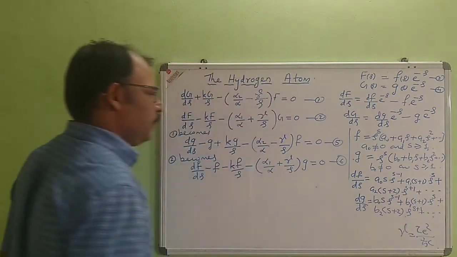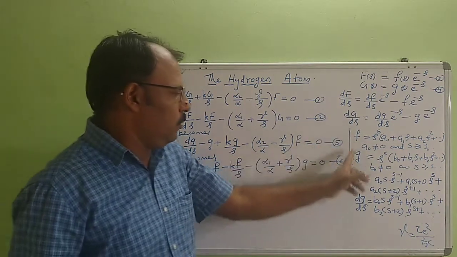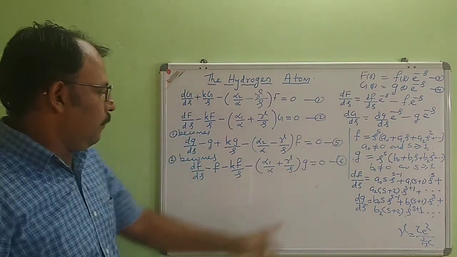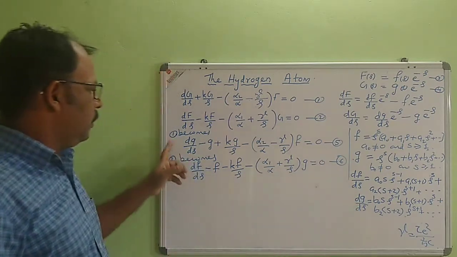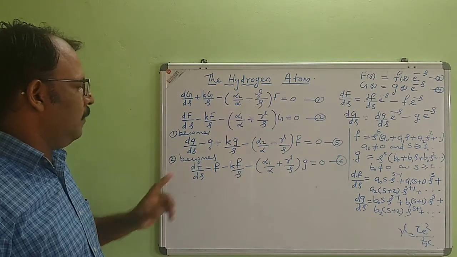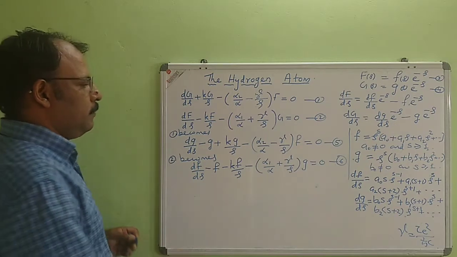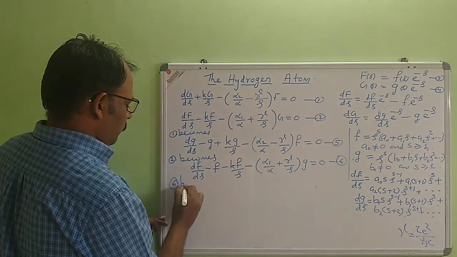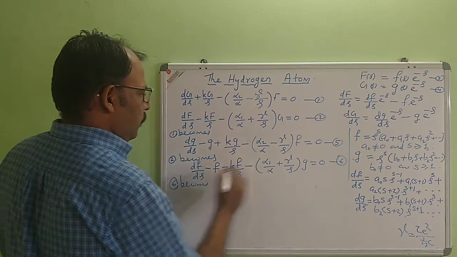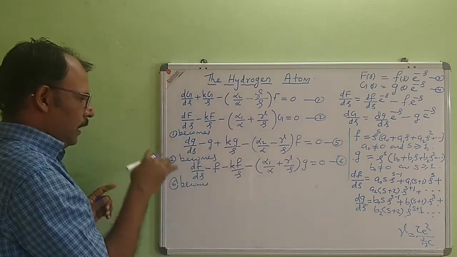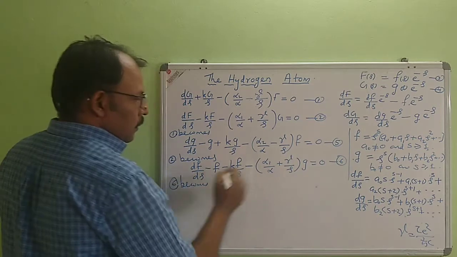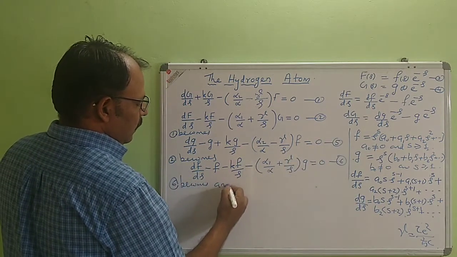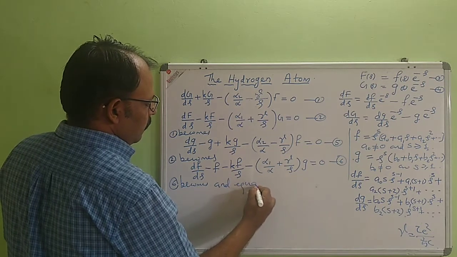Plus etc. Now substitute these values of F, G, dF by d rho and dG by d rho in equation 5 and equation 6. First I will substitute these values in equation 6. Now equation 6 becomes, substituting these values in equation 6 and equating